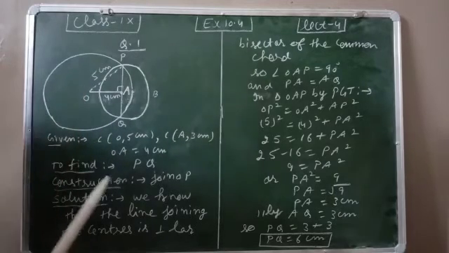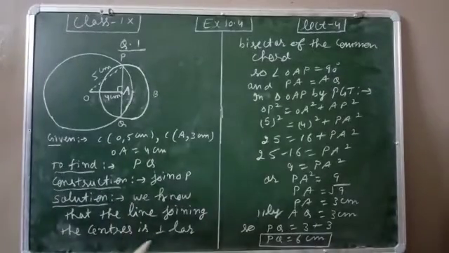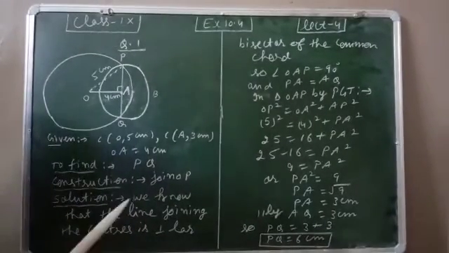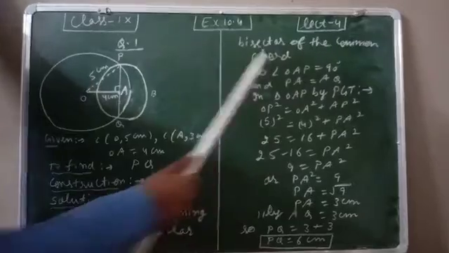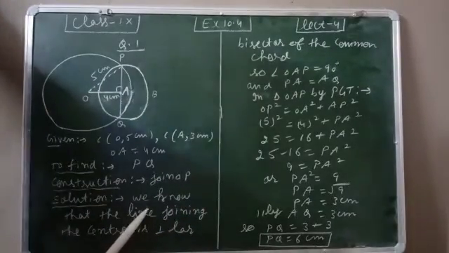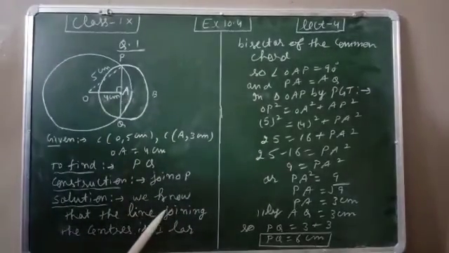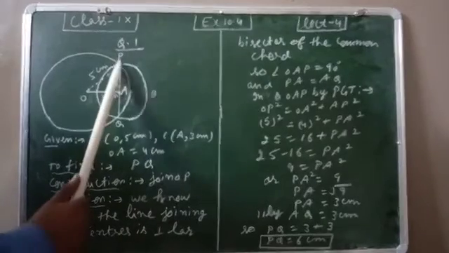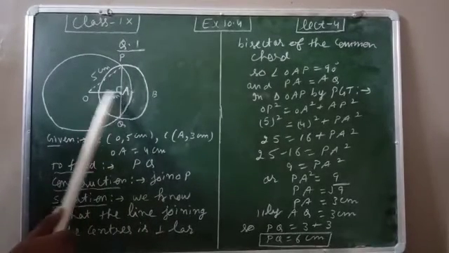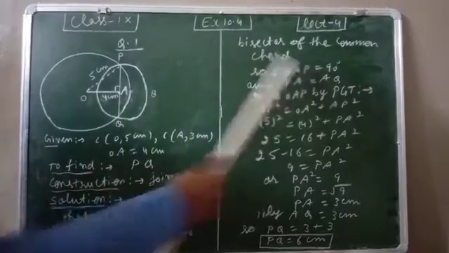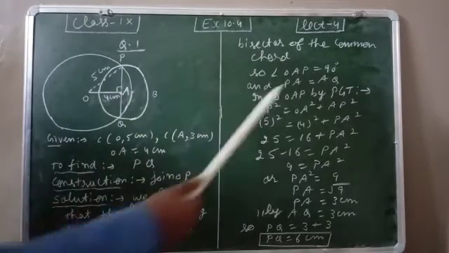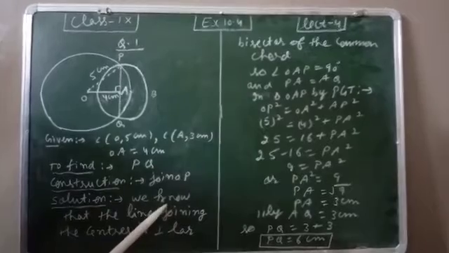Solution. Now we studied the last question of 10.3 and there one result we learned, that we know that the line joining the centers is the perpendicular bisector of the common chord. Actually this was question number 3 of exercise 10.3 and this is the result also, that if two circles intersect at 2 points, then the line joining their centers is the perpendicular bisector of the common chord. Means angle OAP is 90 degrees, also PA equals AQ. So this is the main step in this question.